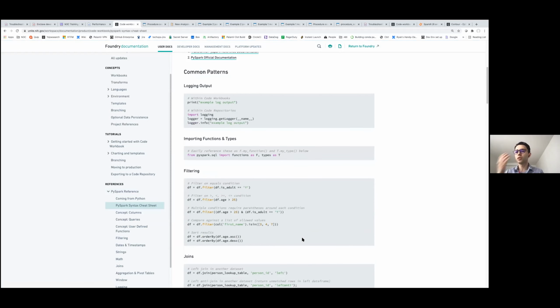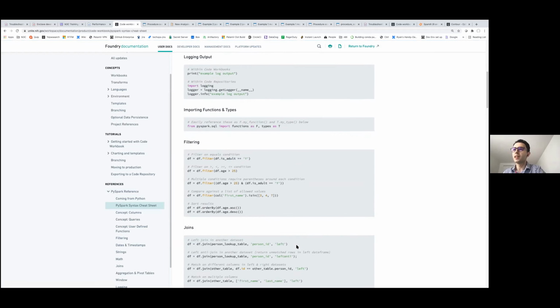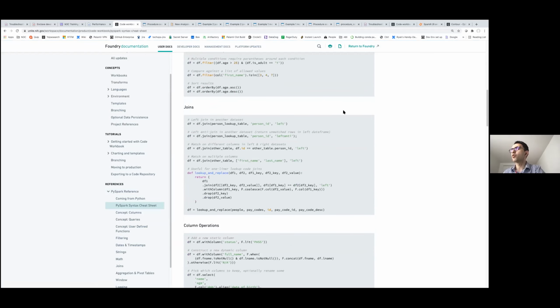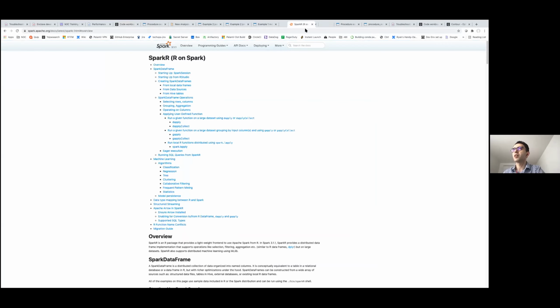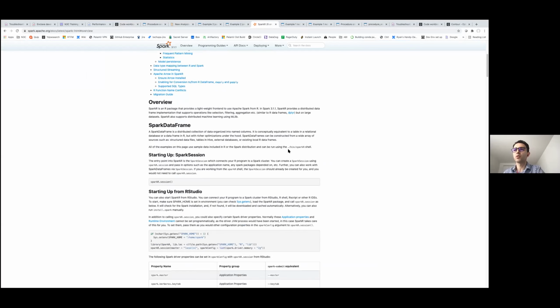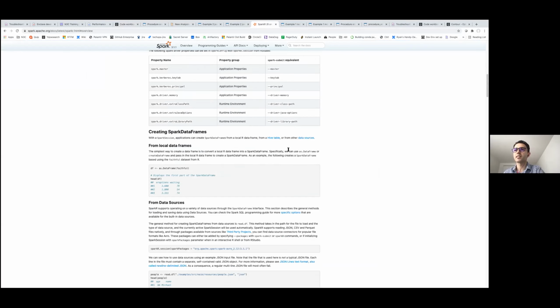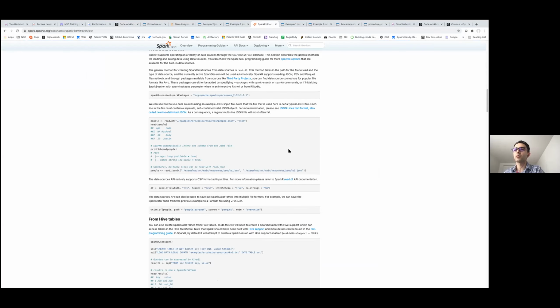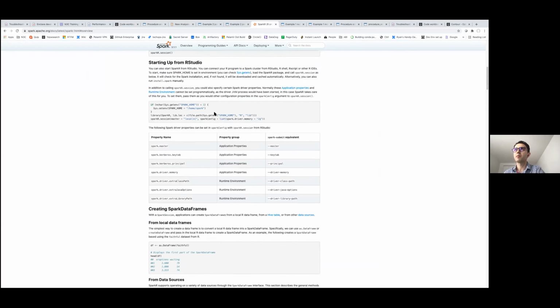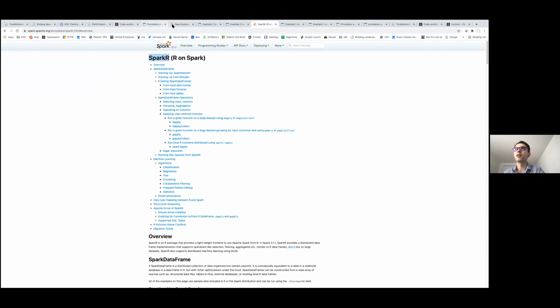So you can do this switch between Pandas and Spark easily. For SparkR, you can look up the SparkR documentation, which is available online, which gives you a very similar syntax and examples for how to manipulate data frames using this library, SparkR, if you're using R.